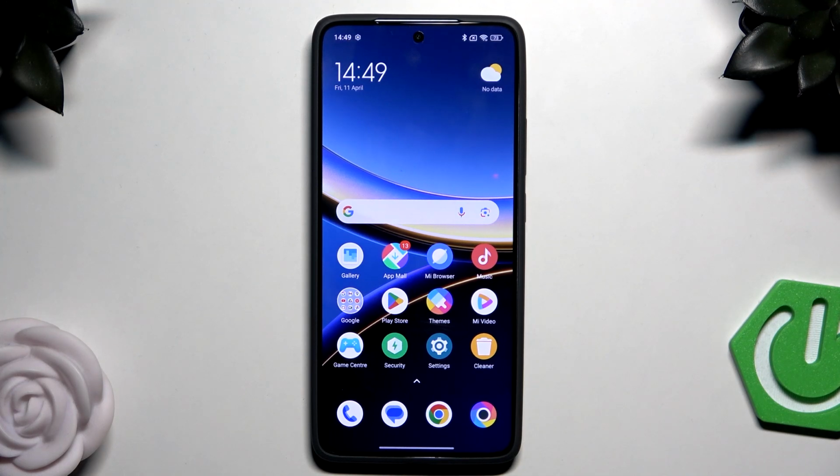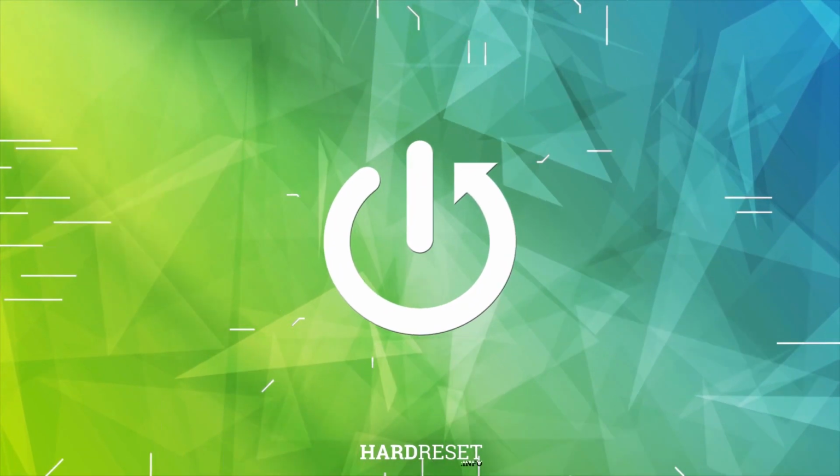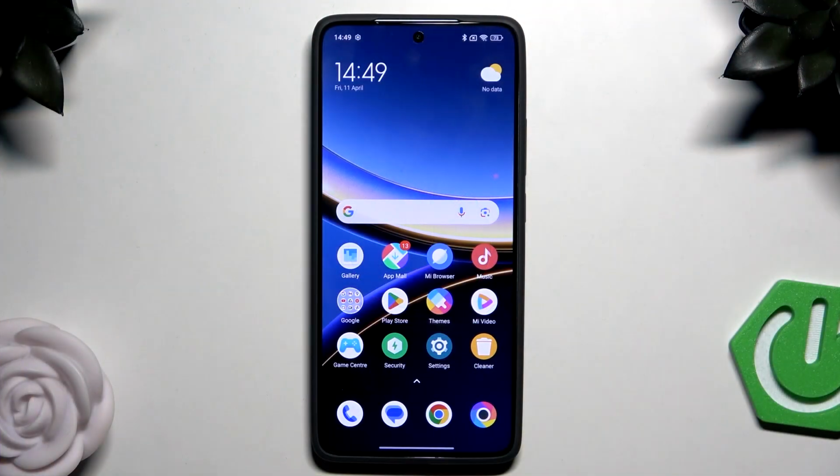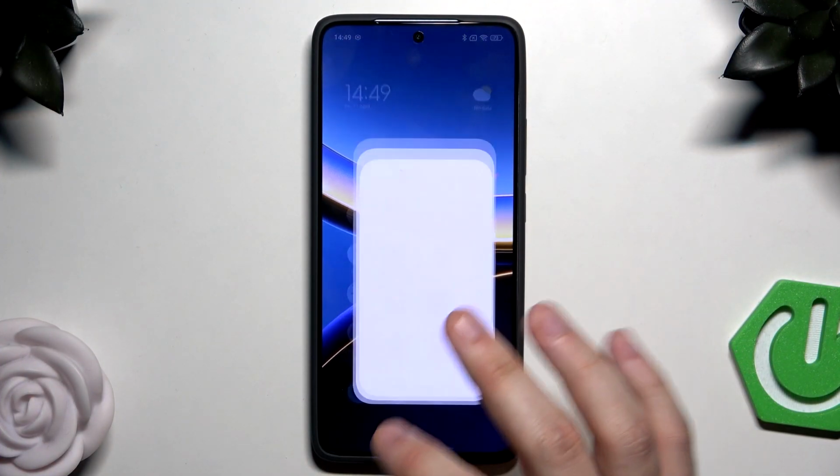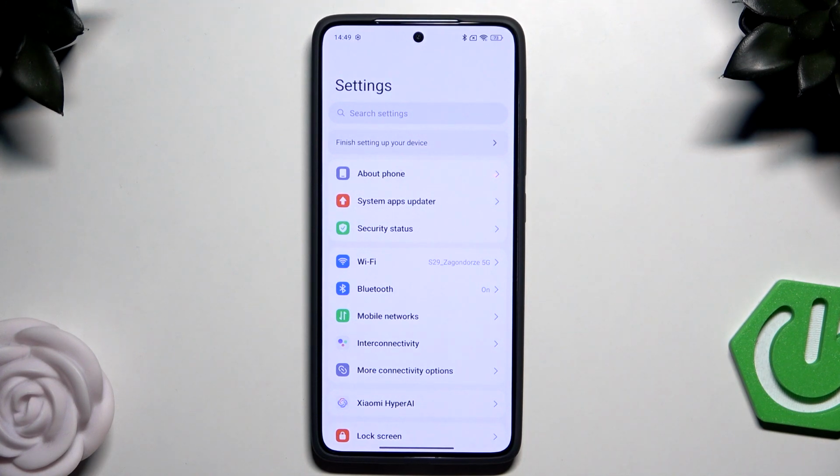Hello, in this video I'm gonna show you the speed up tricks on the POCO F7 Pro. Okay, so let's begin. So first up we want to open up our settings, and the first thing I'm gonna